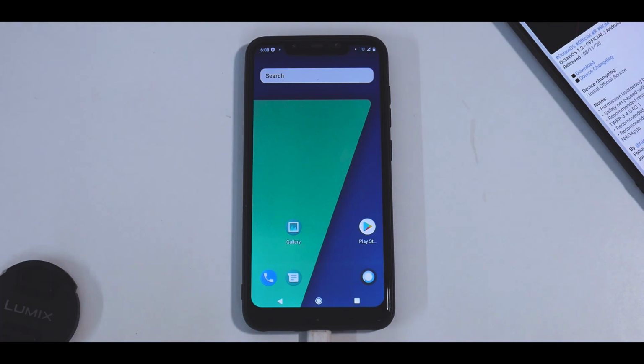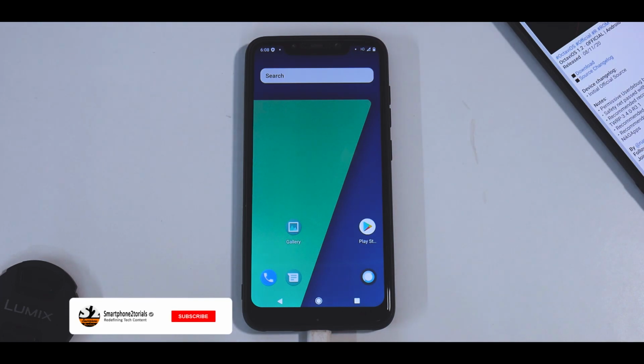So I would request you to take it with a big grain of salt before you actually go ahead and try it, or take my or anyone's word for it, because we are not going to be using it anytime soon as a daily driver. But might as well give it a try, check what is different, because a new custom ROM on the scene for any device is always exciting, because that brings in new fresh talent, new features and new ways of looking at Android.